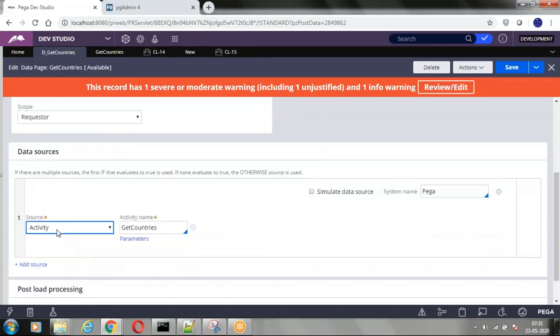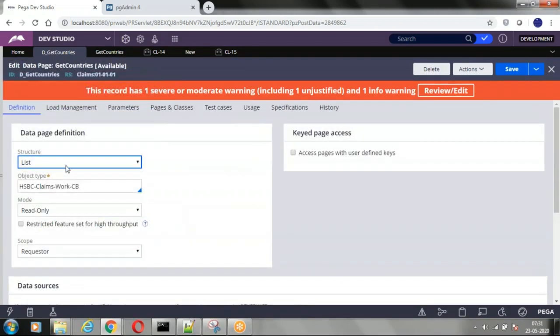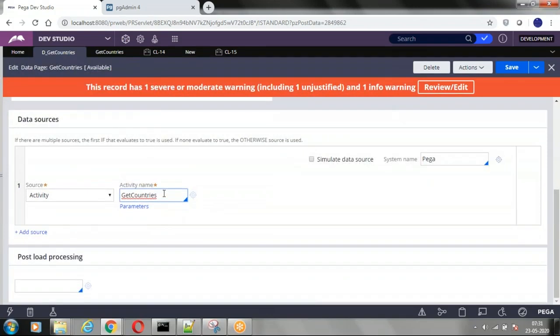Now you have multiple sources. It can be a connector, which means you want to connect to an external system using SOAP or REST or whatever it is. You can use a data transform, a report definition, activity, RPA, there are various things. So let's choose activity. And the most important thing is, if the structure is a list, activity should always be created in